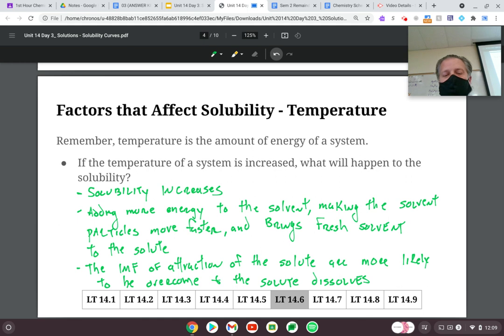So the intermolecular forces of attraction of the solute are more likely to be overcome, and then the solute dissolves